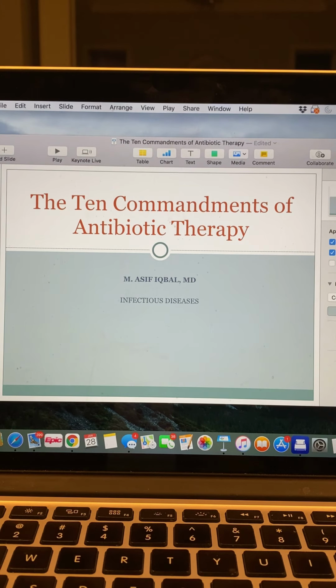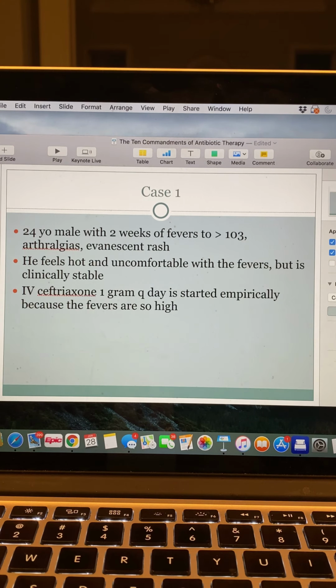These are 10 rules for use of antibiotics, and this is best practice. I will illustrate these with the help of case studies. So the first one is